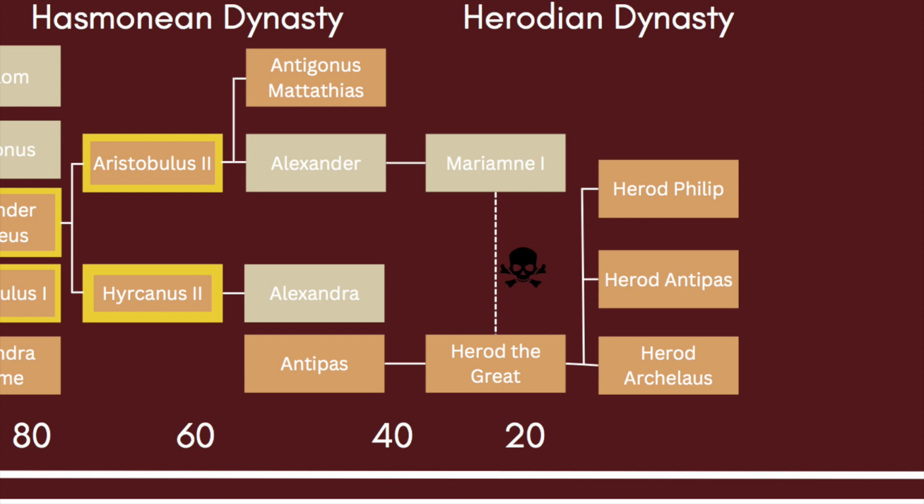He eventually kills his wife, Mariamne the first, and he kills two of his sons, the sons of his wife Mariamne. Kills her, so that's why I put the skull there. She didn't last very long. But he has many sons. He has three sons in particular: Herod Philip, Herod Antipas, Herod Archelaus. And if you weren't confused yet, three of his sons are named Herod. So now we're going to talk about Herod, and you go, who are you talking about? What are you saying? This is like the boxer Joe Frazier.